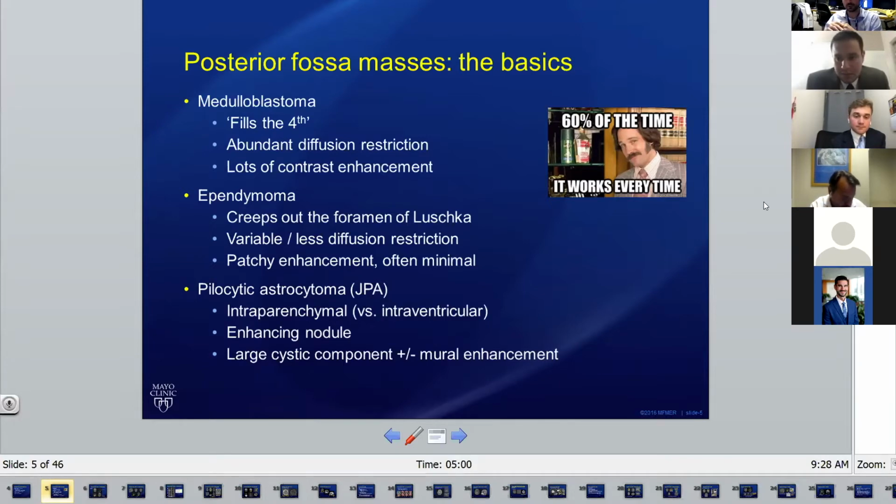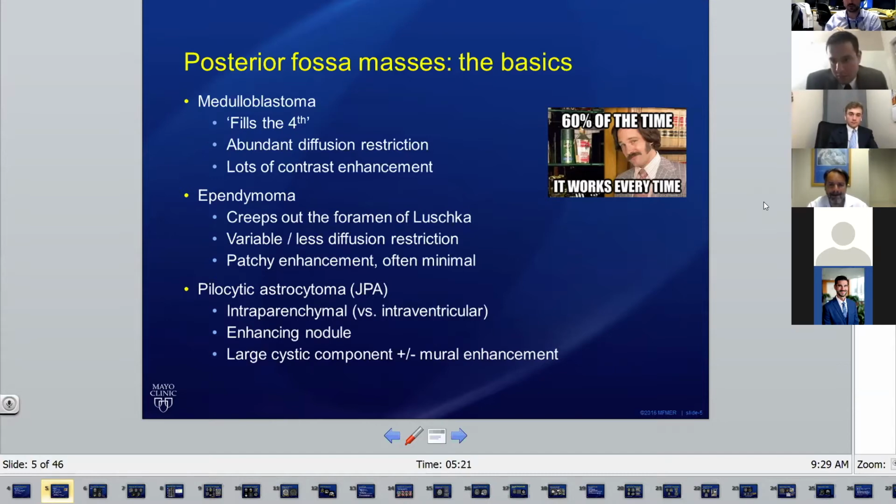So in their classical form, they're very easy to detect on preoperative imaging. Ependymomas have a very characteristic appearance oftentimes. They also arise in the fourth ventricle, of course, but they tend to kind of creep along the surface of the brain. They kind of crawl along the ependyma in the ventricle. And if you look closely on MRI, oftentimes they're actually kind of creeping out the foramen of Luschka out of